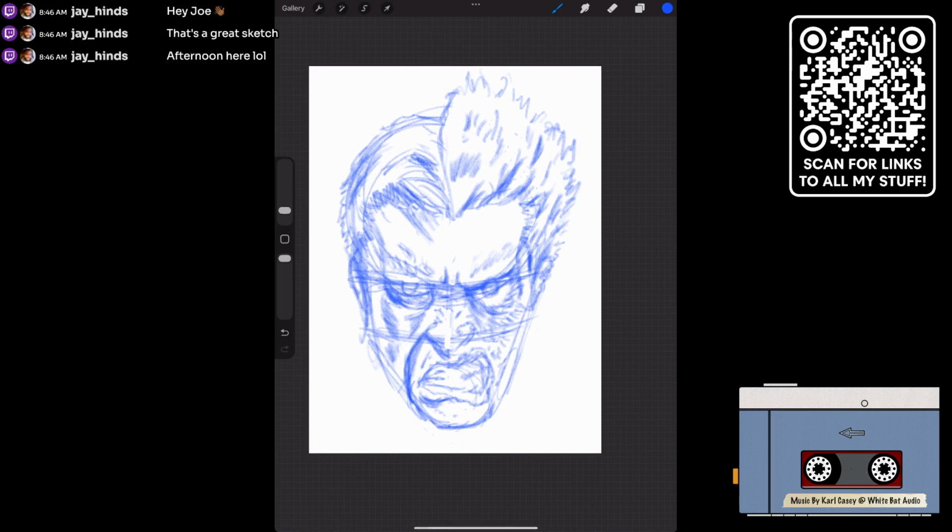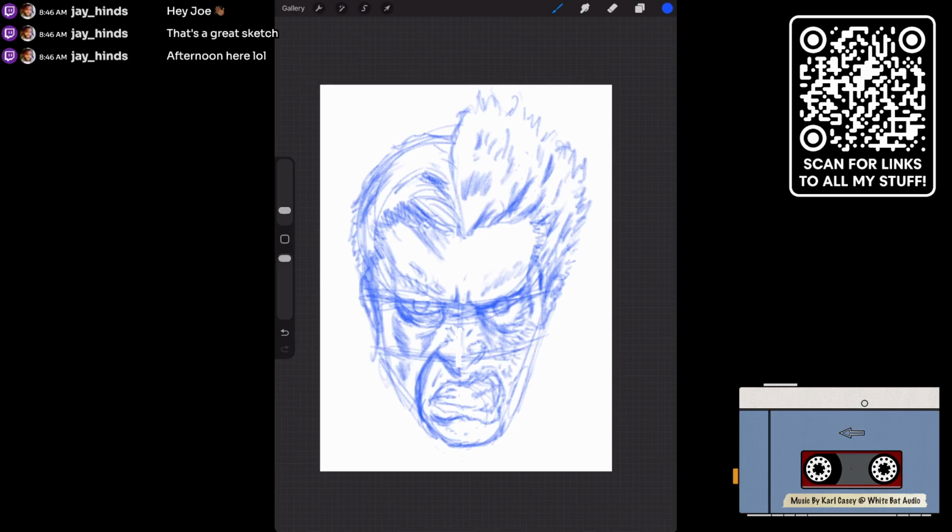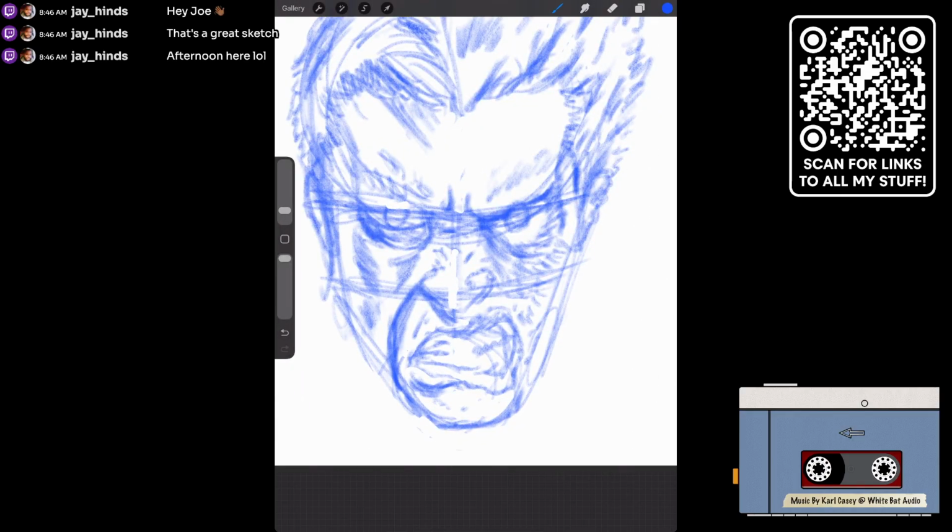Yeah, I mean, I don't know that there's much more to do as far as the basic layout stuff with this. Let me go to that second layer again and just make sure I didn't miss any major things. No, because that's all scarred up, so I don't have to worry about that. The mouth looks a little weird to me. Let me just make sure I've got that laid in correctly.